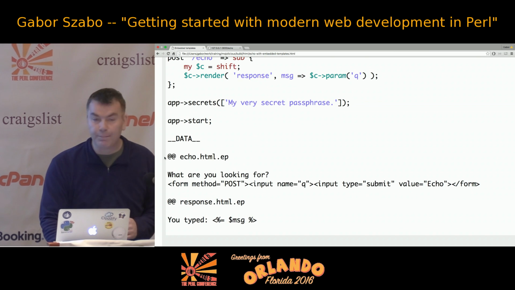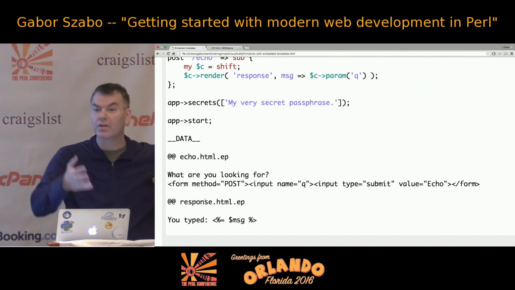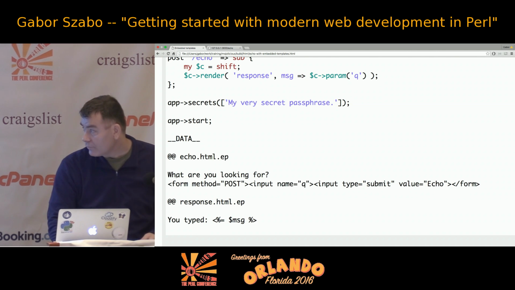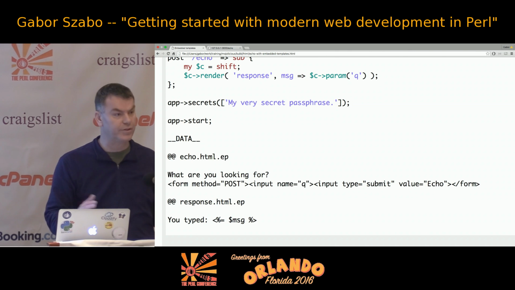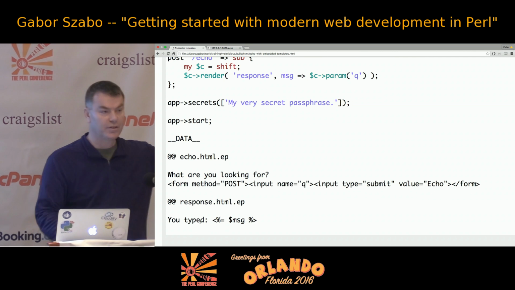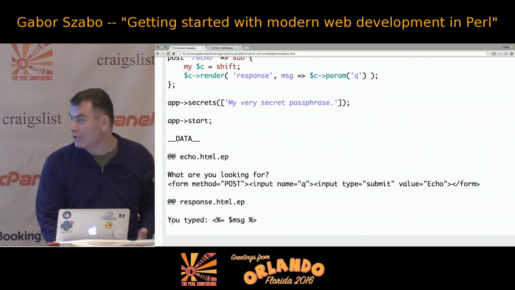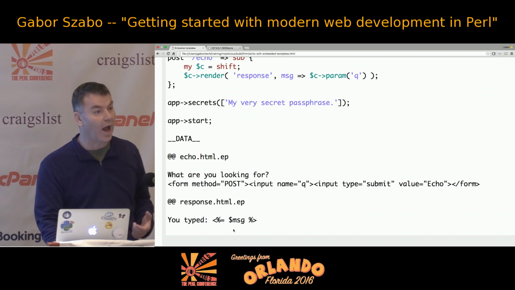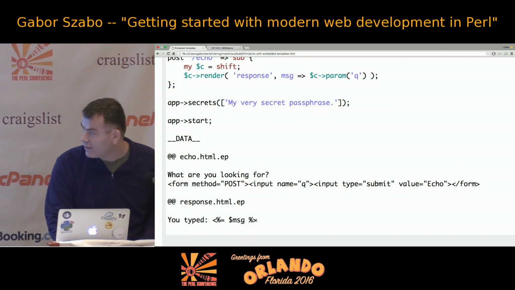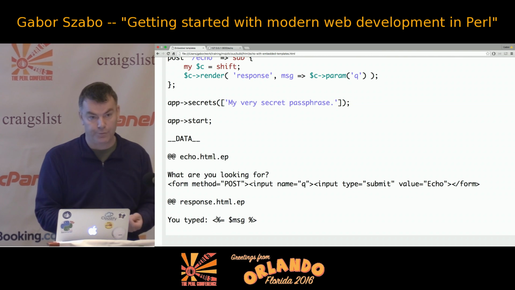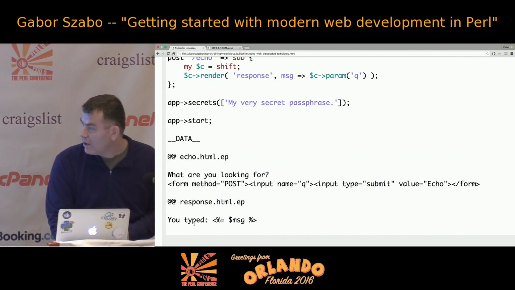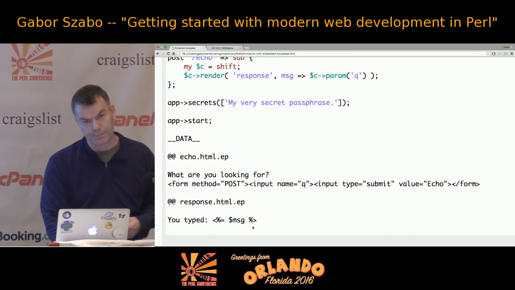So the first template will just be the first page, just showing the form. And then I can put another template, which is going to be the response, which is almost the same as what we had earlier. We earlier just returned the string that we got. Now this time I put here "you typed" and whatever the user typed in. Now this thing is part of the templating system of Mojolicious. What it says is that between these signs, less than and then percentage and equal, and then the closing part of it, here I